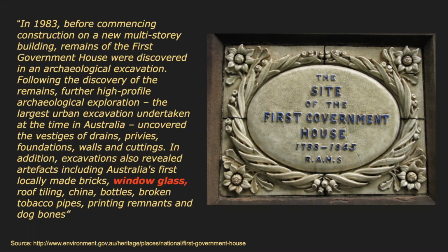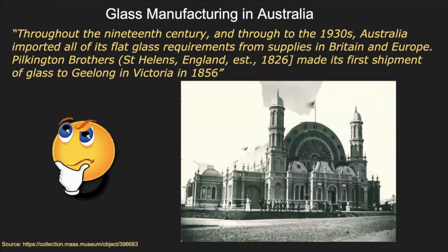Hold up, Jojo. Did you just say window glass? Mm-hmm. Really? Okay. Let's take a look at this next slide. Throughout the 19th century and through to the 1930s, Australia imported all of its flat glass requirements from suppliers in Britain and Europe. Pilkington Brothers from St Helens in England, established in 1826, made its first shipment of glass to Geelong in Victoria in